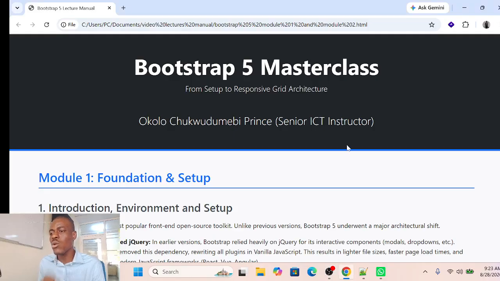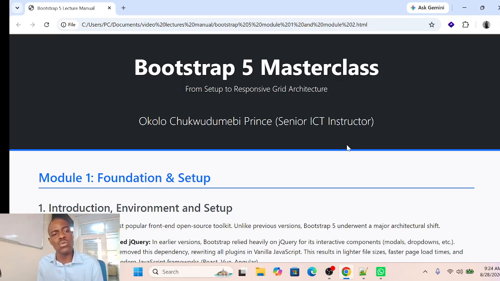Okay, so today we're going to be looking at Bootstrap 5, and what we need to first know is what Bootstrap 5 is. Now, we have been able to look at responsive web design, with the help of which we use some CSS techniques to build websites and make the website adjust to various screen sizes. But now with the help of Bootstrap 5,